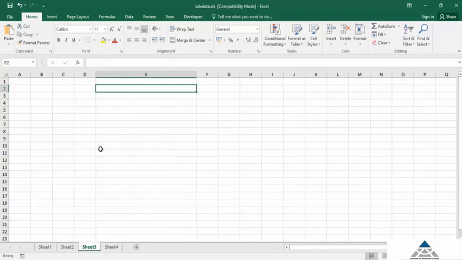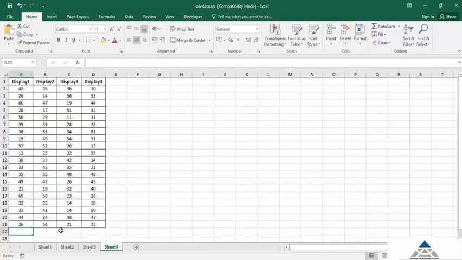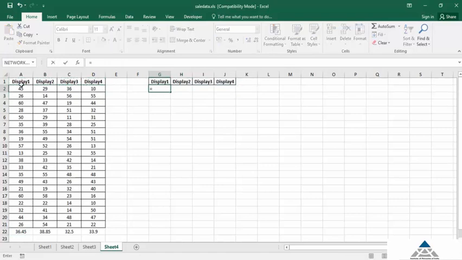First thing that we will calculate is the mean for all the 4 groups. To do that, we use the average formula in Excel. Next step is to find the deviation of each observation in a group from its respective mean. So we take the first observation and subtract it from the mean of the first group. Please remember to freeze the mean so that we can drag the formula for all the observations in a group.